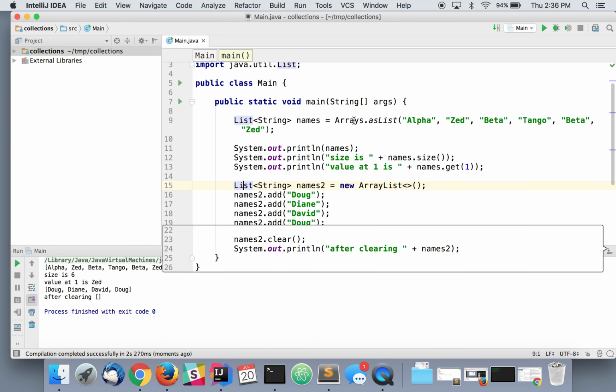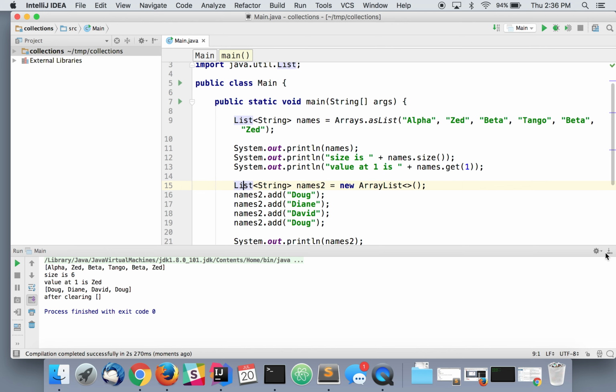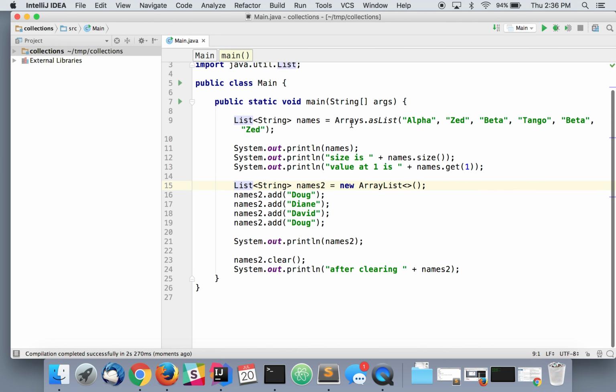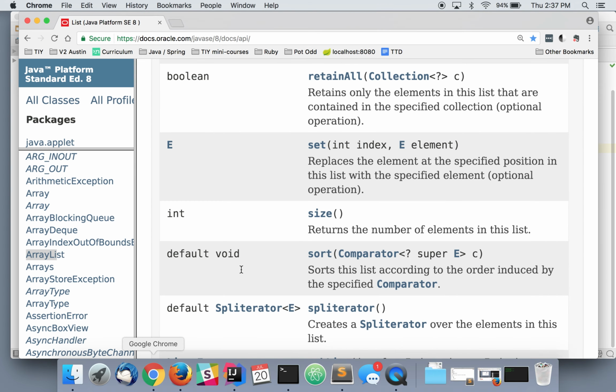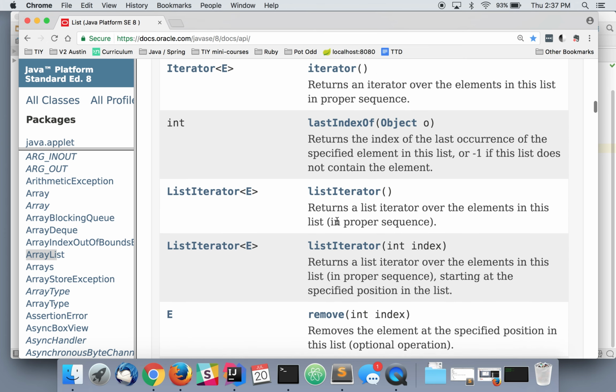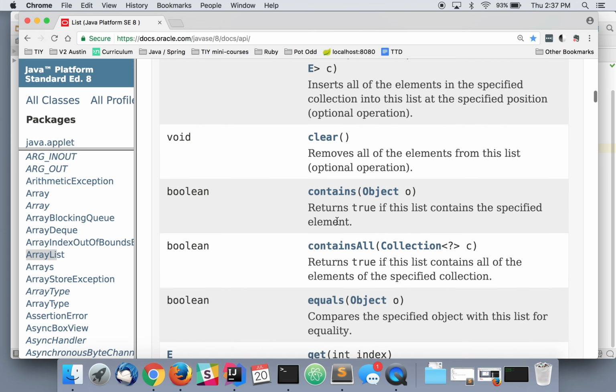But whatever concrete class is returned from this call to Arrays.asList does not support that method. And if we go look at that method again, where was it? Clear. Very interesting. Optional operation right there. Optional